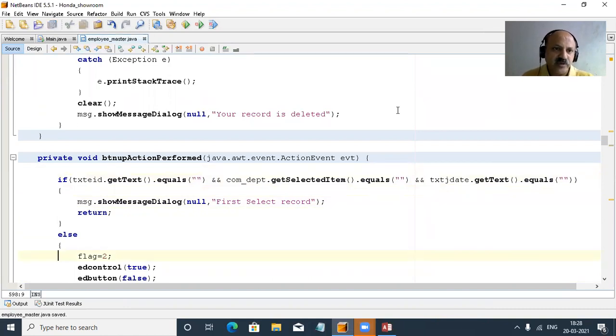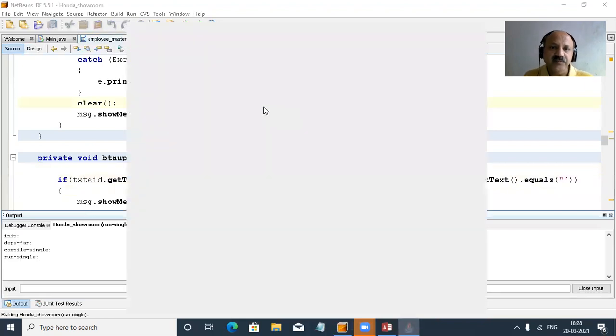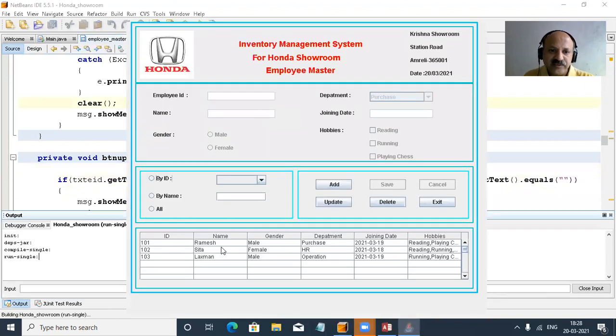So perfect. So I save, Control S, compile, and then run. So all are well, I think. Let us check. Now I can select, and it is not giving any message. That is the proper sequence, and now update. So that works perfectly. Now I give the cancel. So you can look, that works perfectly.